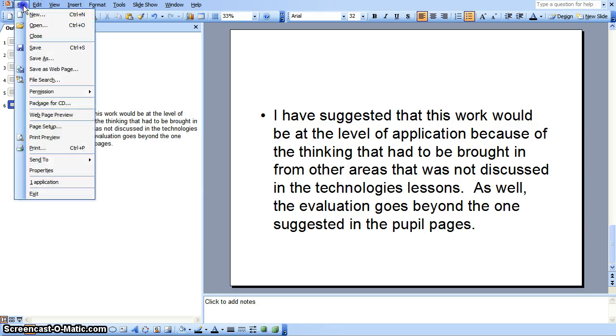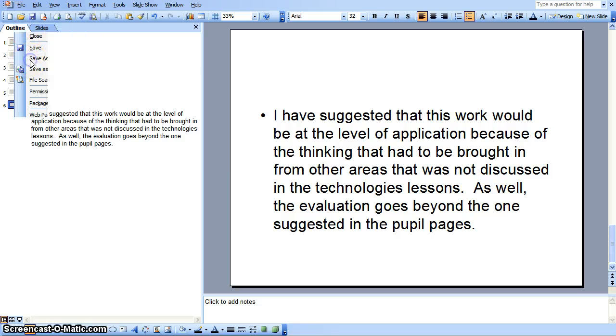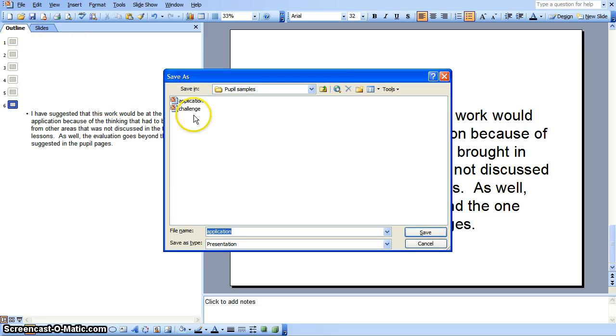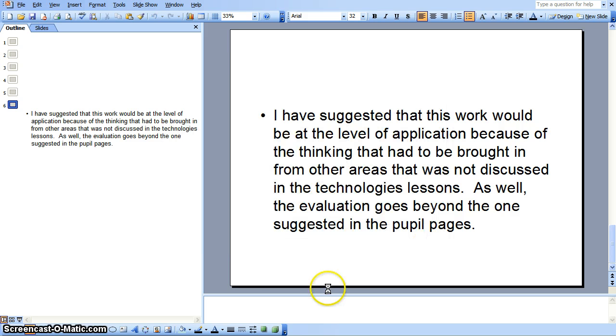I'm going to save this though, calling it pupil A, because it may well be that other teachers will give evidence in this same technology level, and calling it application again wouldn't make sense. So calling it pupil B, pupil C, pupil D, depending on how many people's work is in there already, would be very good. I'll save that now, and I'll go back to the page in the browser